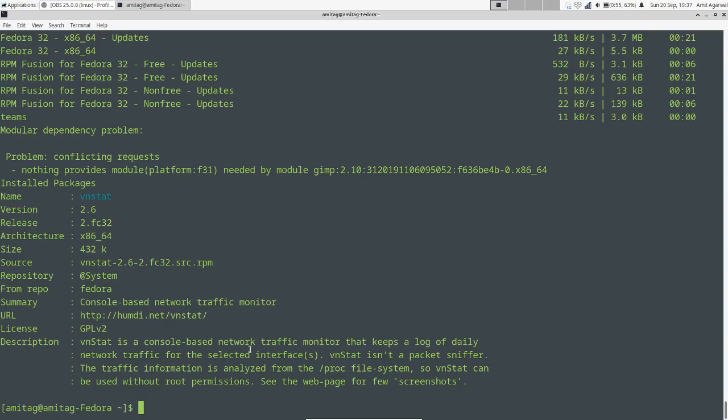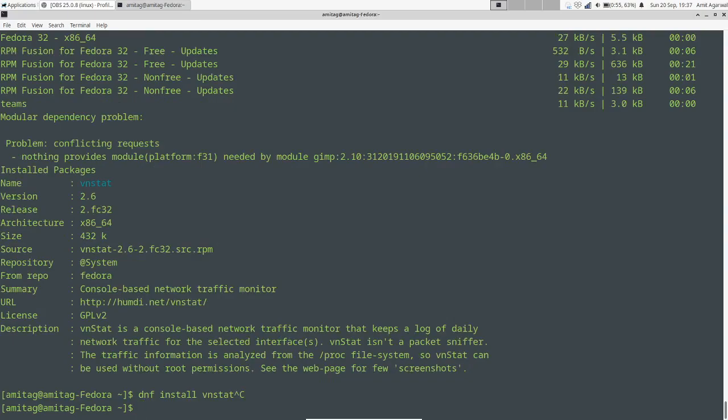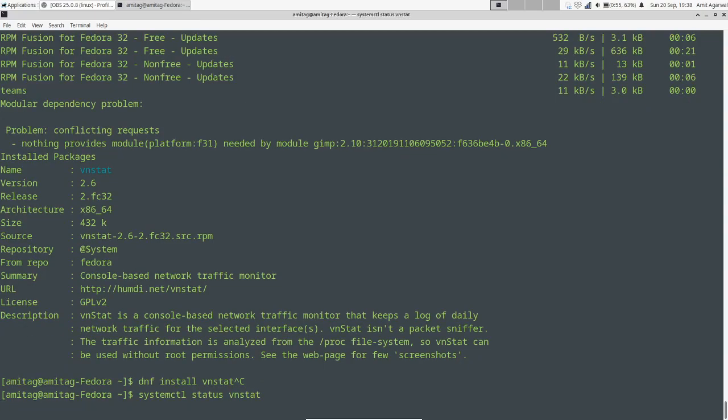So first thing is, as usual, you will have to do a dnf install vnstat to install this utility. Once this is installed, that's not all. In Ubuntu, probably you will be done after this step. But in Fedora, as you know, the RPM post scripts never enable the services required for any package. So you will have to manually enable the service. If you do systemctl status vnstat, you can see that I have enabled the service just now, and hence you will see this in an enabled state.